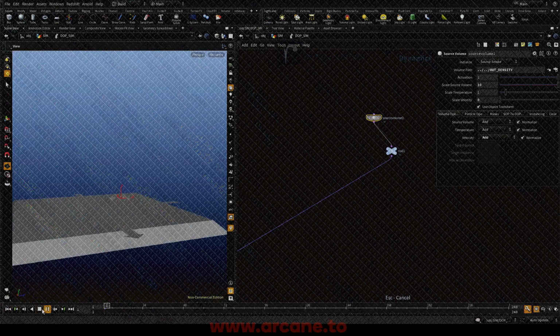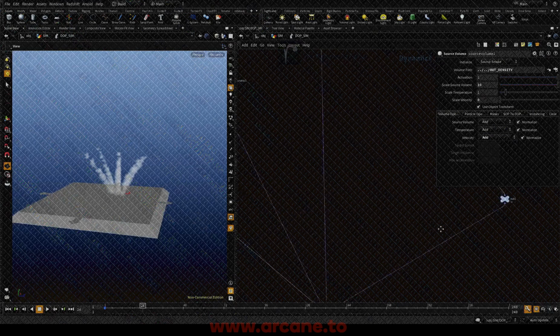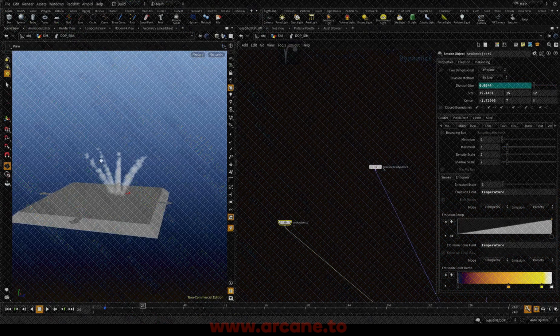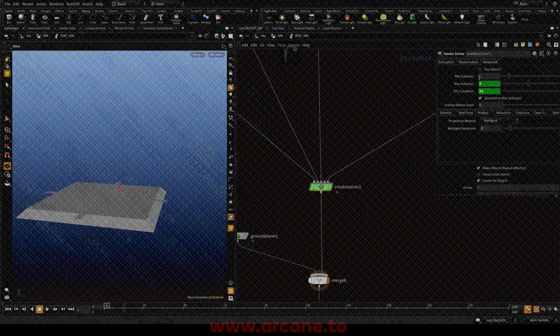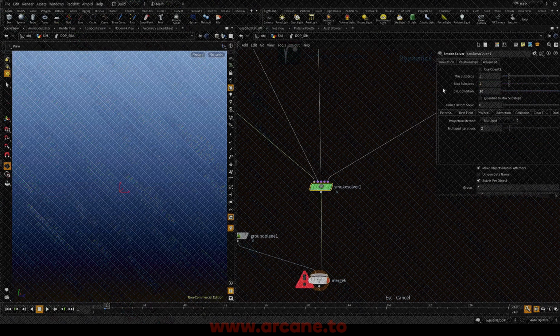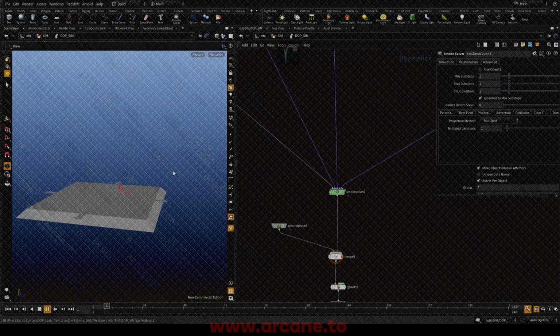I don't want any velocity, so I just set this to 0 just to make sure I don't inherit anything, and it looks like the source itself has a velocity. And the main thing that I'm looking for is having a sim where I don't have to increase the substep a lot. Actually, I do have it here, so let me turn these guys off, and let's set this to 1, and I'll explain what that is. So right now it's set to 1,